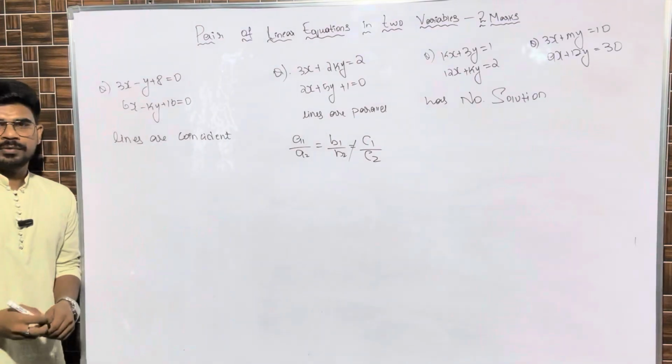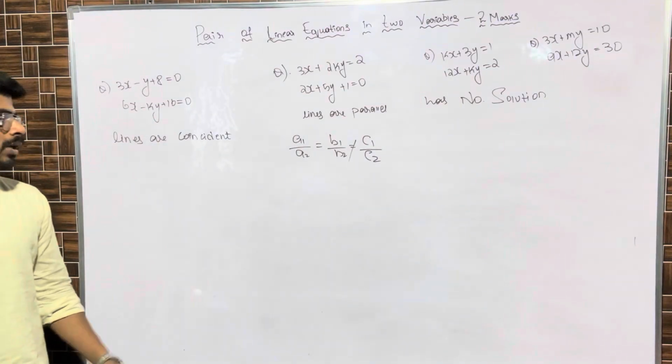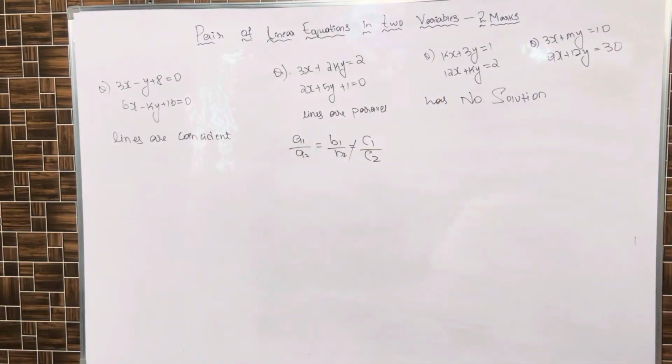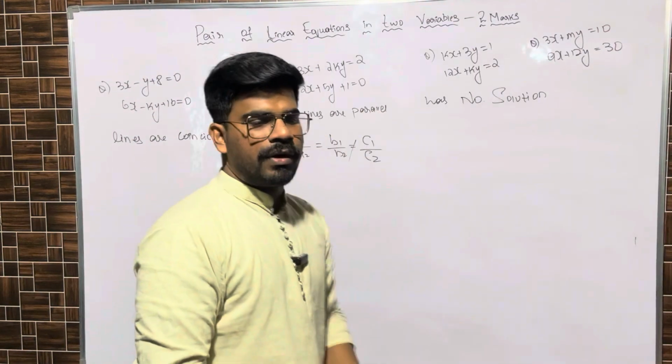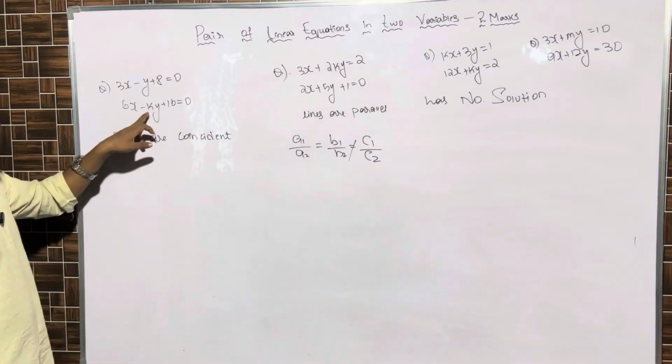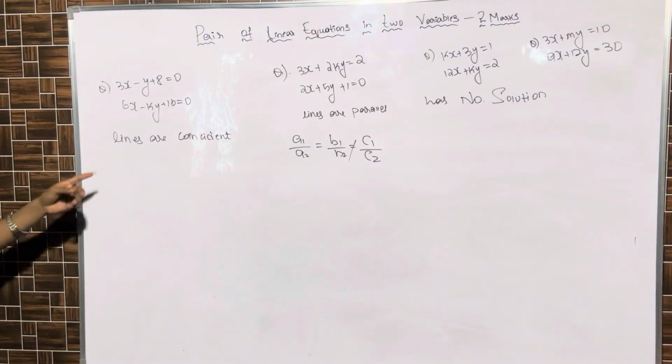Right. So we have solved a couple of questions related to this topic. Now a few more questions related to the same one. Consistent, inconsistent. A condition will be given. This statement will be given. Two lines are there from which we have to find the value of k. He said that lines are